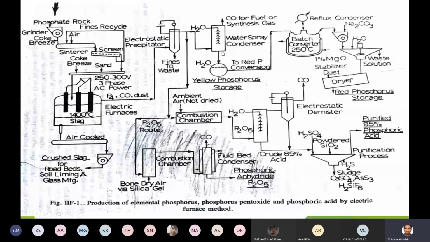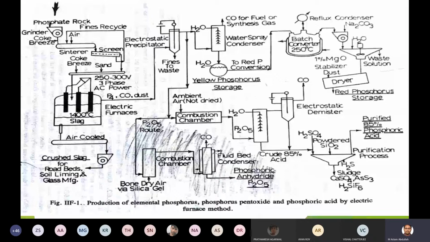Once it is collected, the phosphorus vapor and the carbon monoxide will be sent to the water spray condenser. In the water spray condenser, you will start spraying the water from the top. You are not going to pump the water, you are going to spray the water. There is a difference between pumping and spraying. Once you start spraying, every water molecule will react with at least 2 to 3 molecules of phosphorus vapor. So the phosphorus in the form of vapor will be converted to a solid form since you have added the water here.